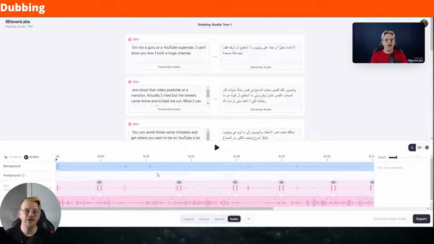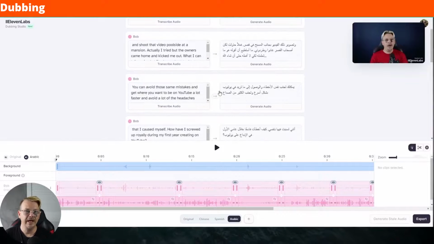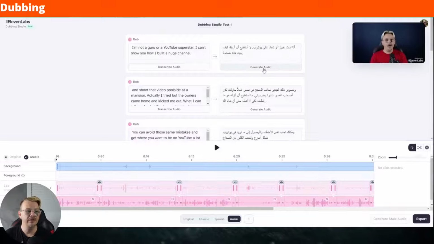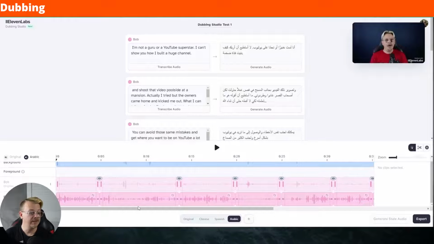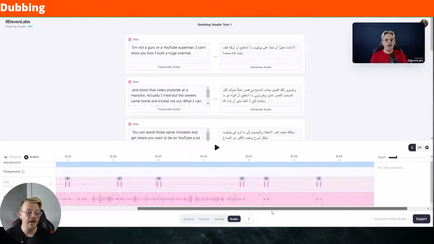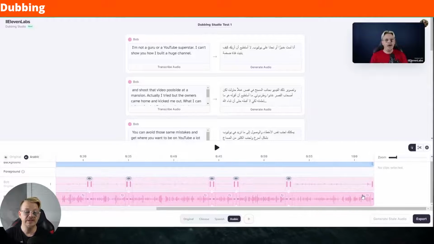By checking that box when I created that, it gives me access to this timeline editor. What it does is take your video, transcribe it, and drop the lines down in this left column. Once it's transcribed, it translates it into whatever language you've indicated. For any line, if you don't like the way it generated, you can just hit generate audio. In the dubbing studio, you can keep track of what's going on down here. If any of these had not been generated, it will say stale next to this little regenerate